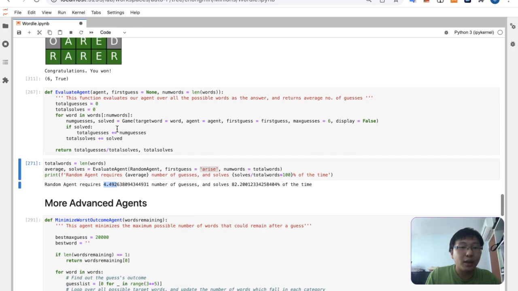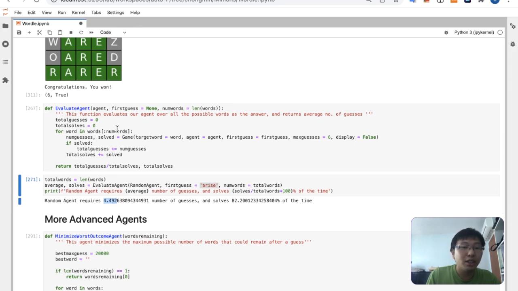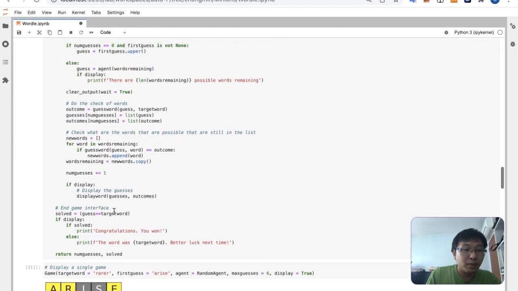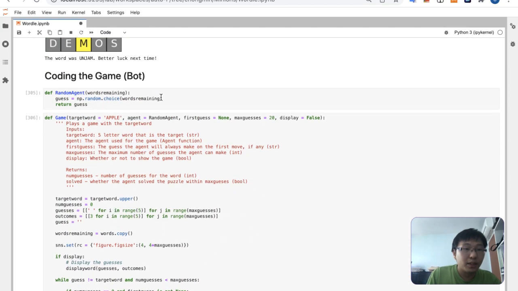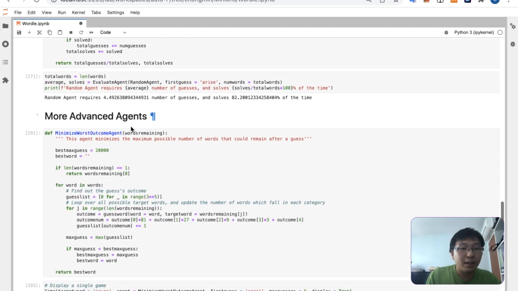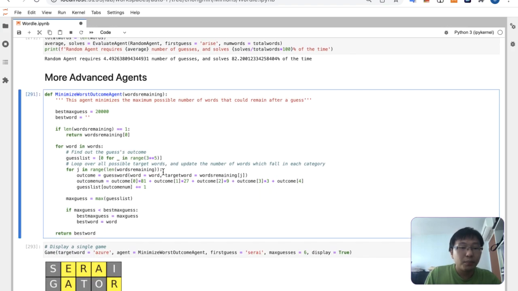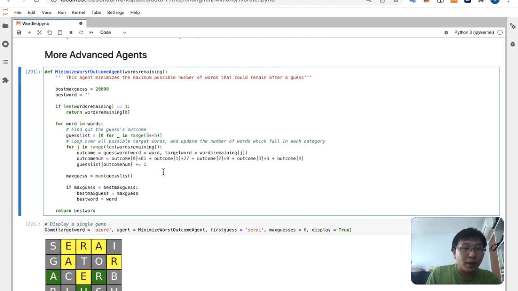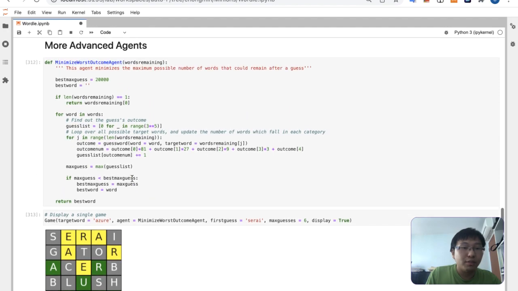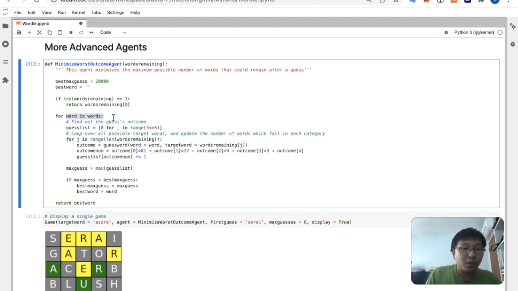And this is considered quite good because the random agent actually plays it on hard mode in some sense, because it just randomly chooses one of the words that are remaining. So where's my random agent? My random agent is here. I just choose one from the words remaining. So it's like hard mode. Okay, I realize if you play the game on hard mode, like for the remaining agents here, it doesn't really work out that well. It may not be able to guess it well. But it's slower if I don't do hard mode, because I have to give it all the possible words